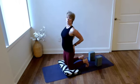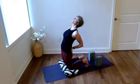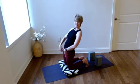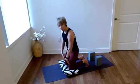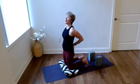Now from here, again, take those hands and slide them back into your back pockets. Pull your elbows toward each other. Lift your chest and push your hips forward over your knees. Just kind of rock side to side. Breathe and feel this long lengthening through your quads, up through your hip flexors. Support your low back with your hands